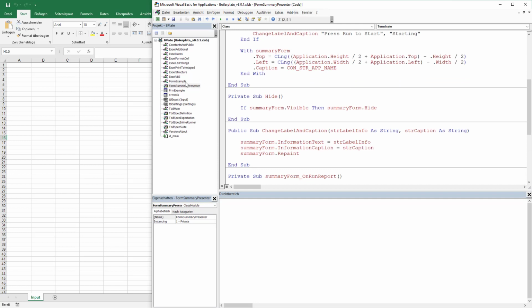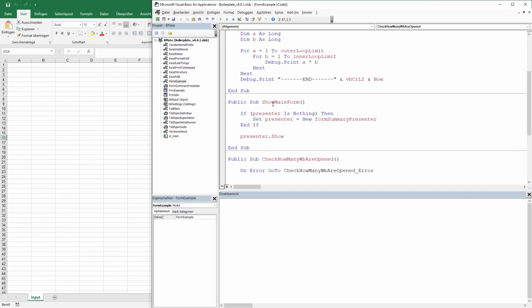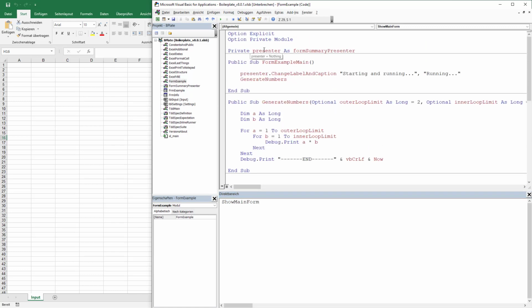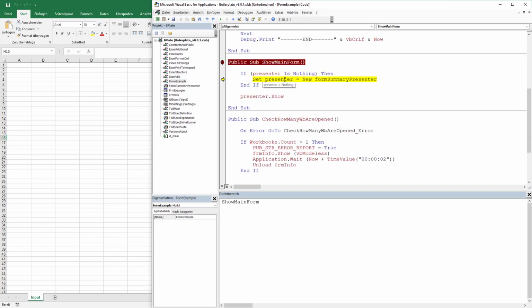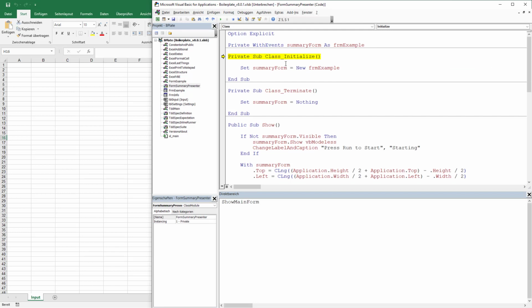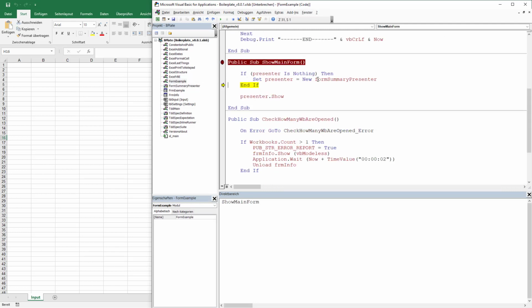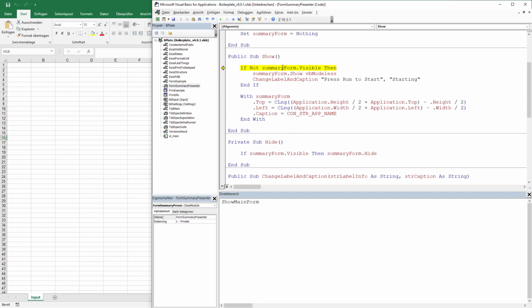So how do we do it? This is the form example. The way is to say show main form. This is whenever we want to have a form, we run this one. And now it starts. If presenter is nothing, presenter is this object here, then it sets it. Set presenter new form summary presenter, and this is where the initialize is. As you see, it is not initializing the form here, but it is initializing the FRM example, which is this one, the summary form with events. And now presenter.show. And here, of course, if it is not visible, make it modeless and